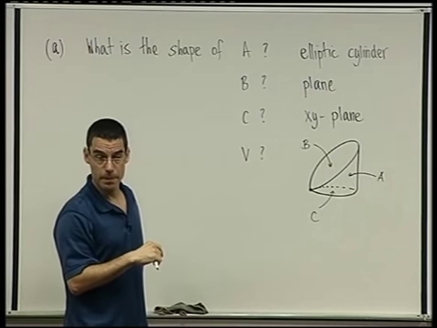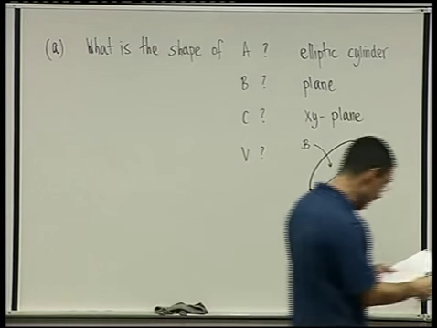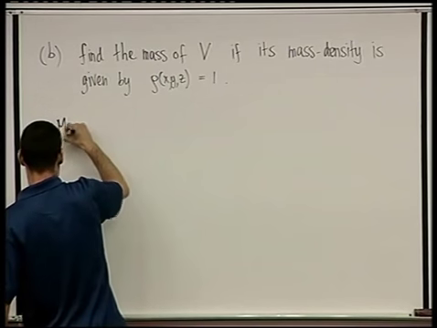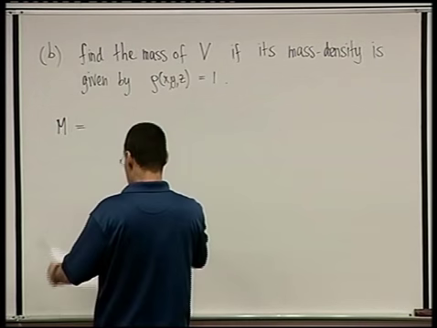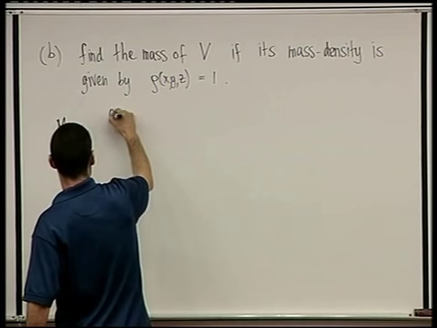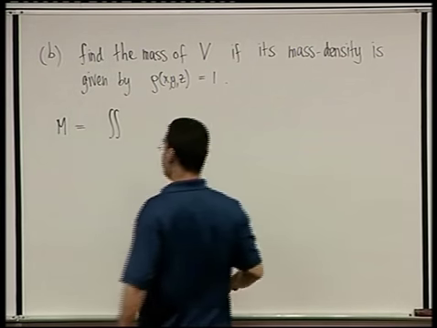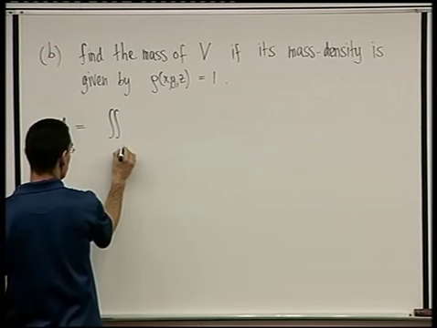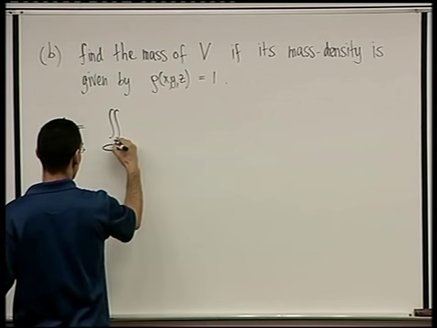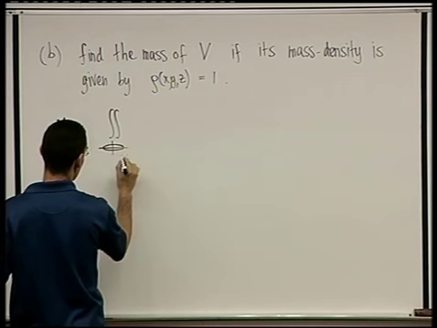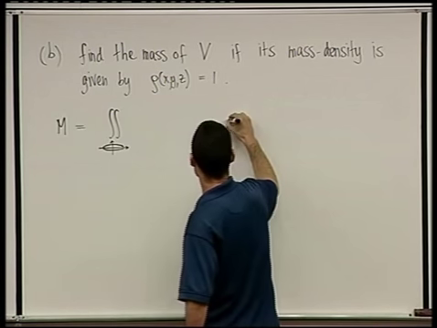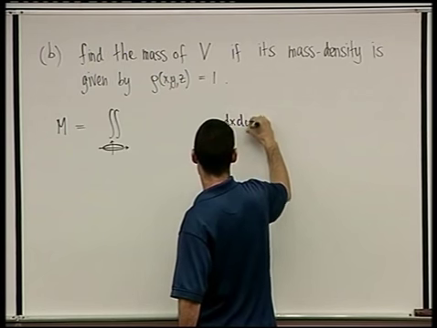Do you agree? Okay, so let's write that. The mass, let's call it M, equals, let me write it in 2 steps. The double integral over the bottom, over this ellipse, let's indicate that by drawing an ellipse here. The double integral over the ellipse, and this is going to be dx dy,